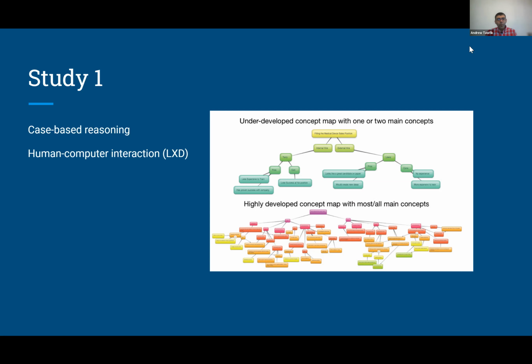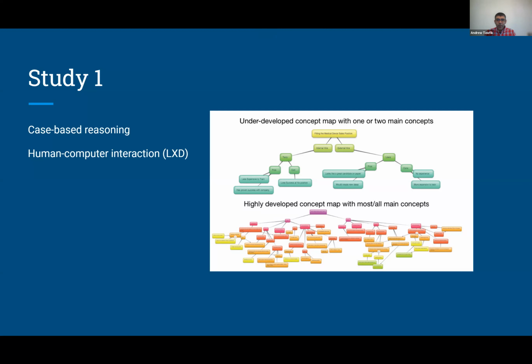And so a colleague and I had set up a learning technology around case-based reasoning. We did everything right from that theoretical perspective, and I'm pretty sure we knocked it out of the park. And I was really confident about that until I actually saw what their learning outcomes were, and they did not do very well at all. And I was like, but I'm pretty sure I did everything right from a case-based reasoning theory perspective.